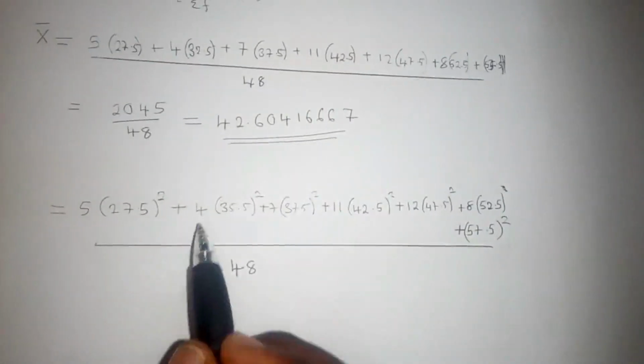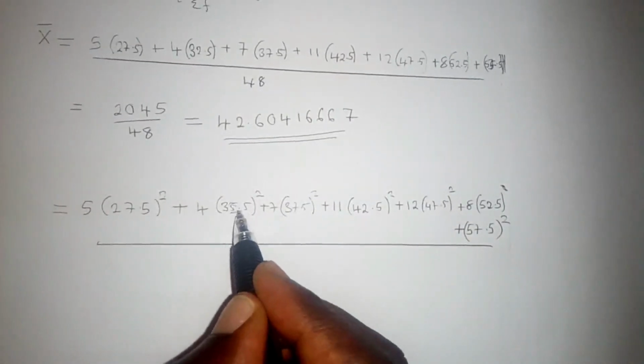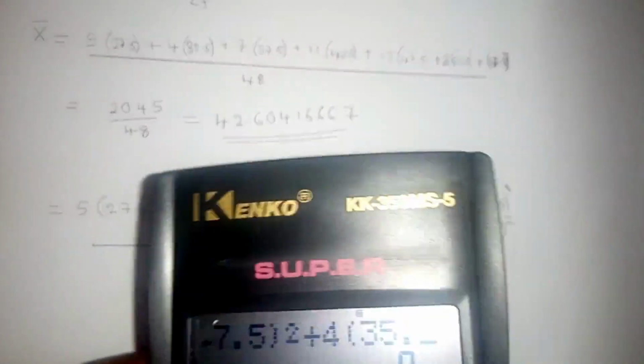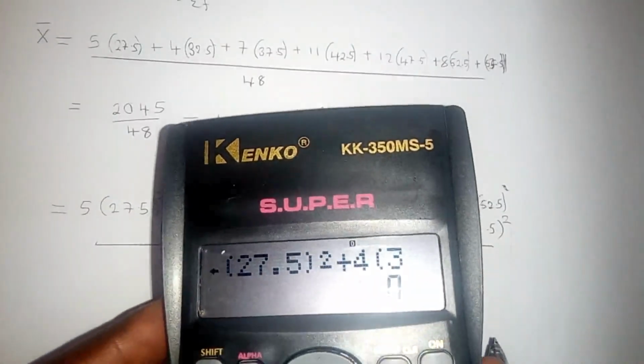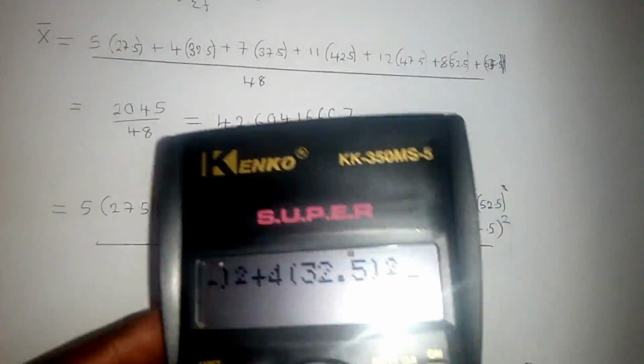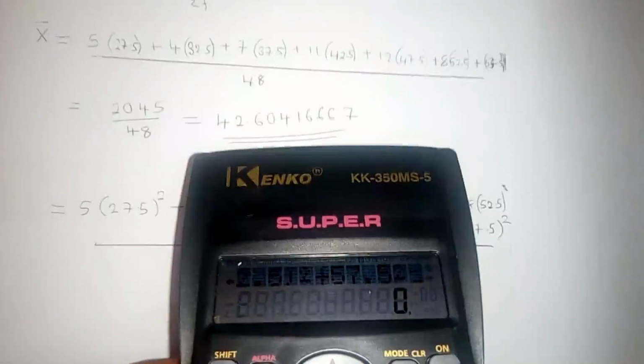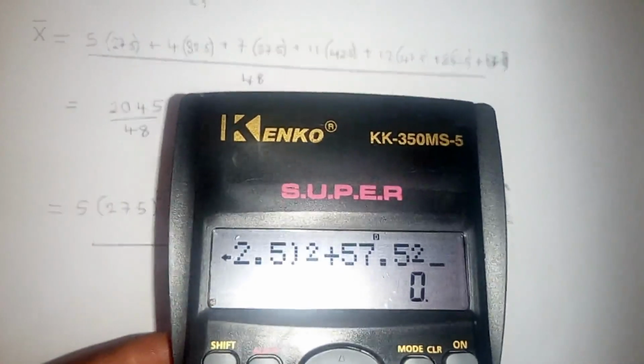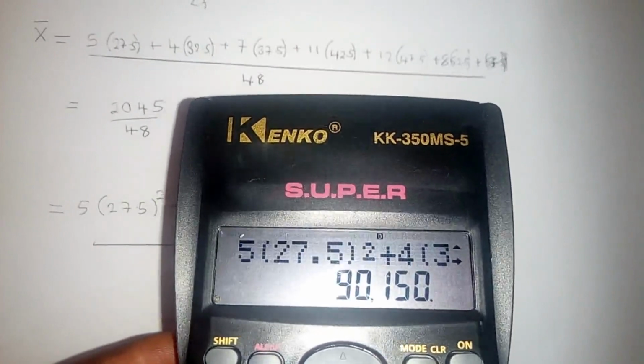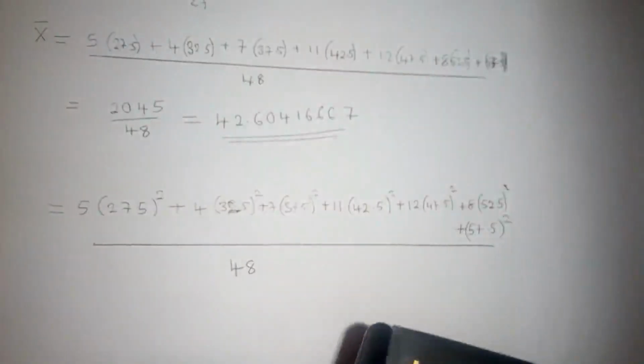This is 32 actually, not 35, it's 32. So you put 32.5 squared. You copy everything. So when you copy everything, you punch, you get this answer here, which is